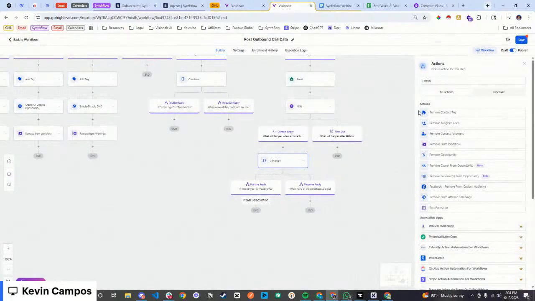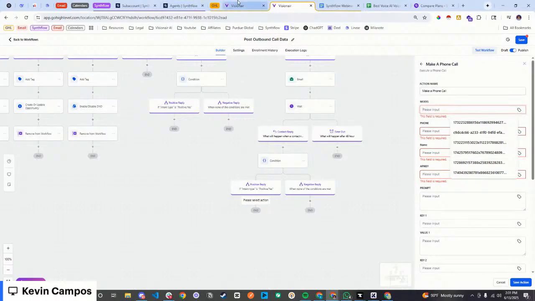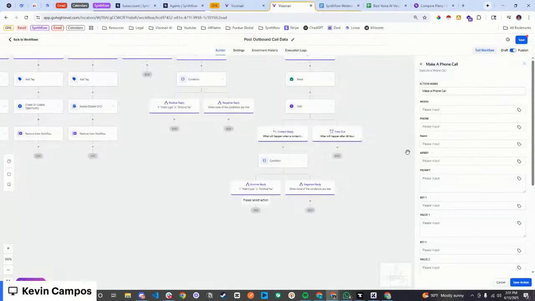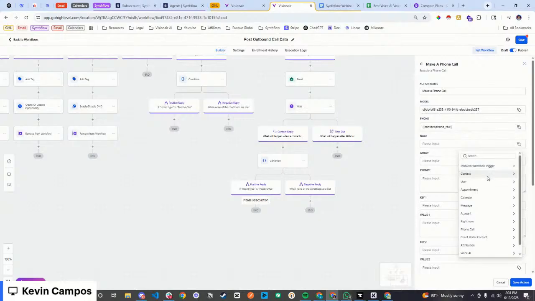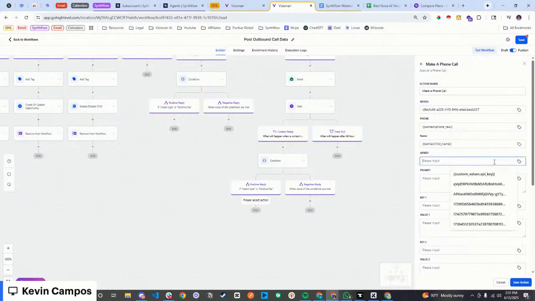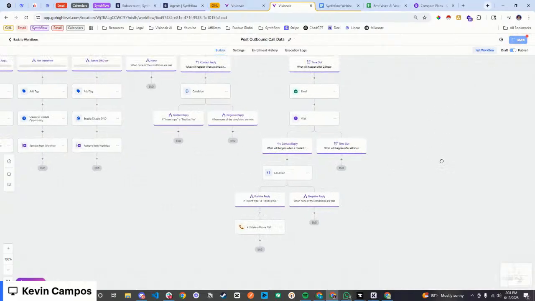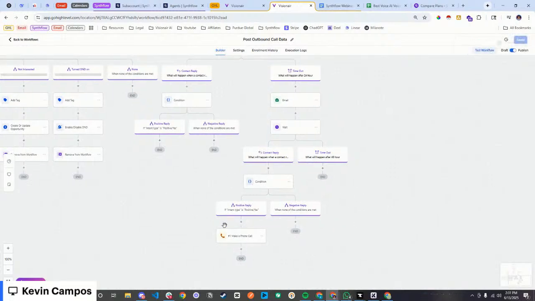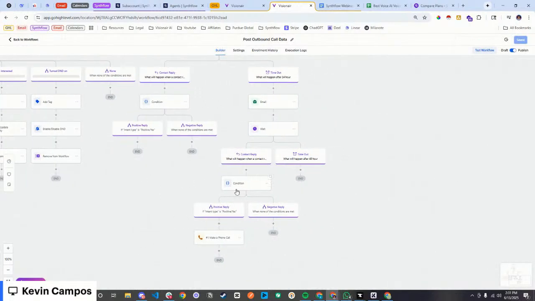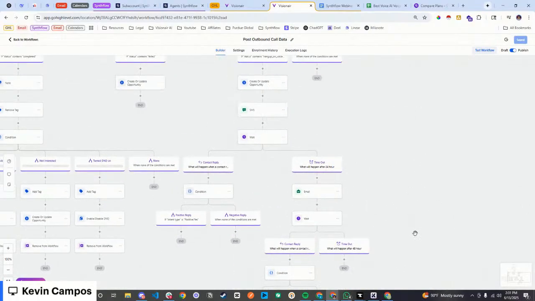You can just go ahead and make a phone call here, which would then require you to add the same variables that you had on the last one. So let's go ahead and add those. There we go. You guys see how this is all tying together? It's all in the way that you craft the workflow on how you can actually simulate these type of practices.